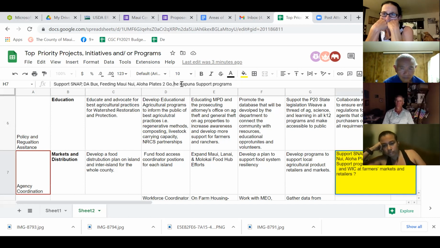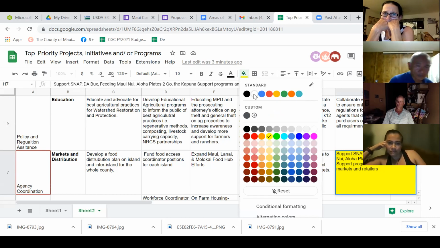These are newer programs, I'm guessing, or programs that haven't been fully established. How about Common Ground in here? I don't feel comfortable putting my organization specifically as leading this. I appreciate that, but I feel like that would be a conflict of interest on my part. Okay, should we say gleaning networks? There you go. We do get support from the county, so we'll just leave it with the people that haven't gotten the support yet, but I really appreciate that, you guys. It means a lot.